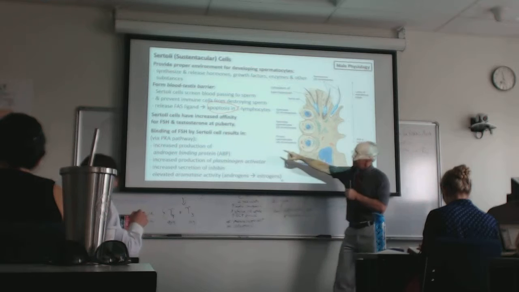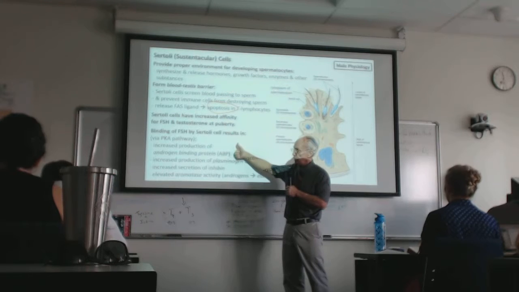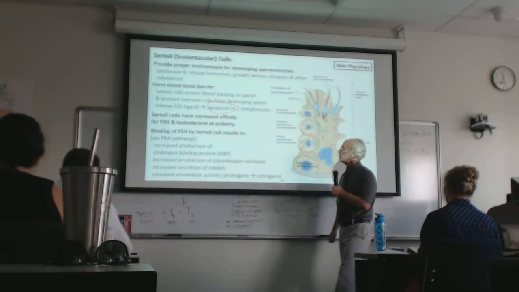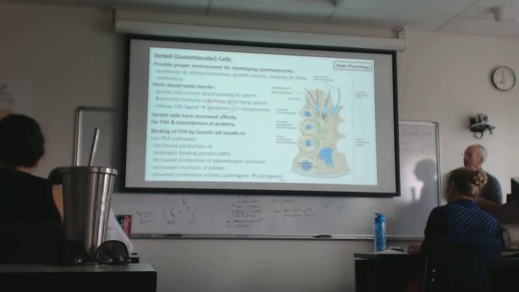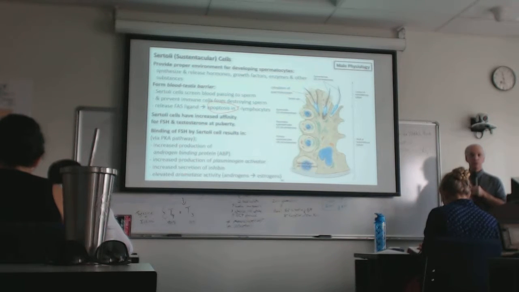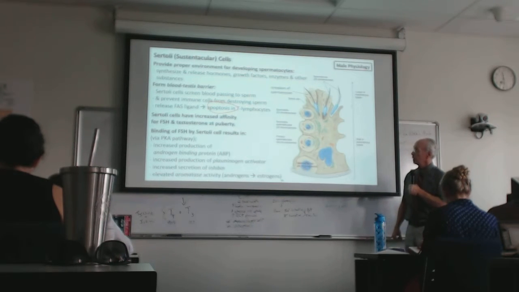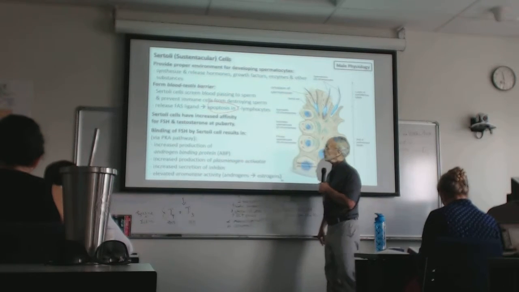So what will happen is that FSH binds the receptors on the Sertoli cell. Androgen binding protein levels go up. Androgen binding protein does a couple of things. The most important thing that it does is it binds testosterone in the lumen of the seminiferous tubule, thereby dramatically increasing the concentration. Otherwise, the testosterone would be relatively insoluble in the watery milieu, the watery lumen of the seminiferous tubule. So ABP dramatically increases the concentration of testosterone